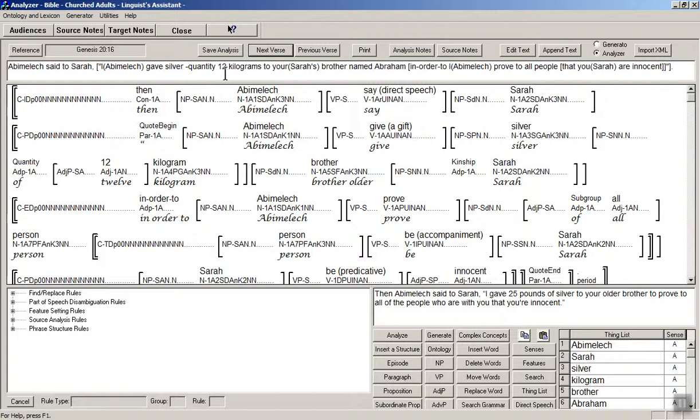And what we've learned is if you want it to come out right in the analyzer, you should write it the way it is right here in Genesis, not the way it is in the grammar introduction example, I think. It should be silver dash quantity 12 kilograms. Okay, so that's just to give you a